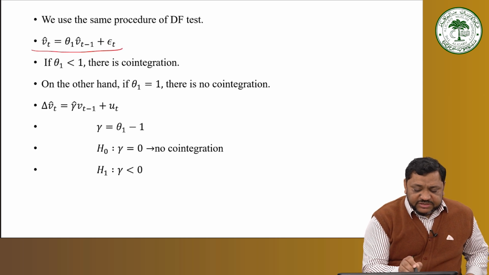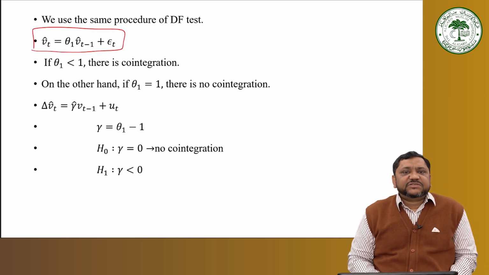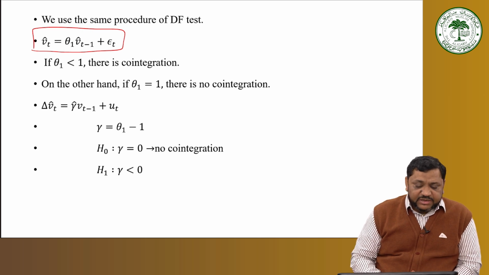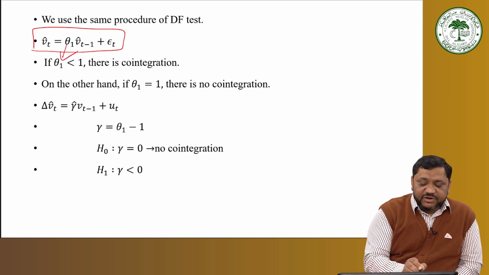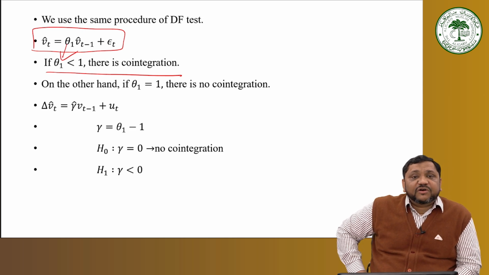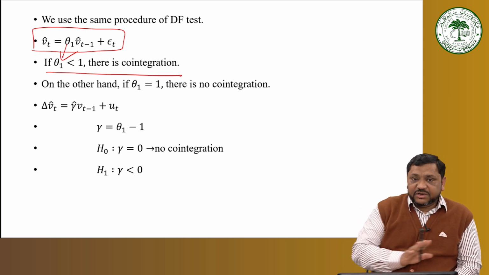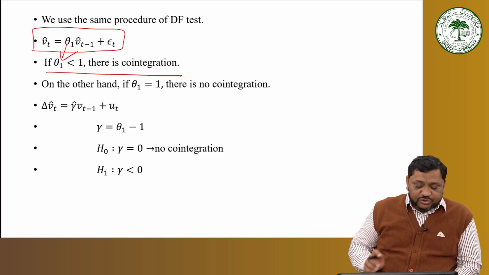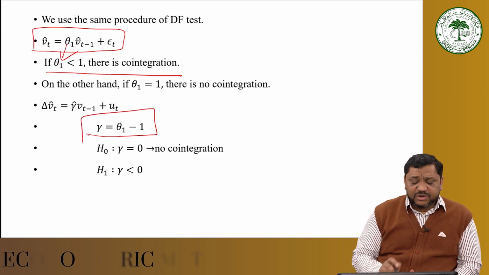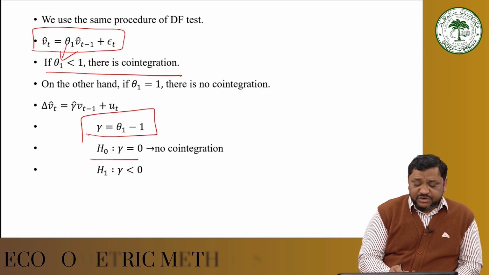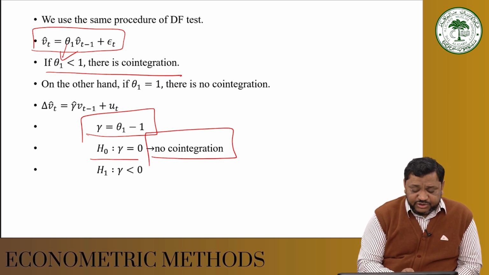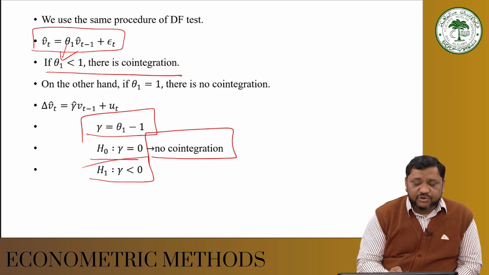So when we do this test, we get Vt hat equals theta 1 Vt minus 1 plus epsilon t, and if the value of theta 1 is less than 1, then there is cointegration. If theta 1 is equal to 1, there is no cointegration. So gamma, as we have seen before, we can say gamma is theta minus 1. If gamma is equal to 0, then it is a case of no cointegration. If gamma is less than 0, it means there